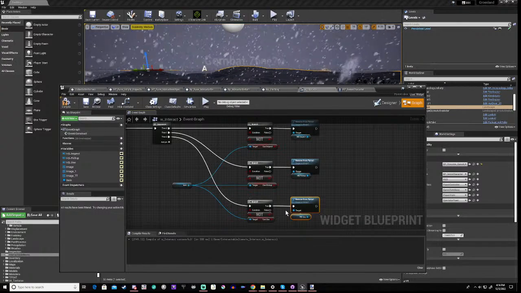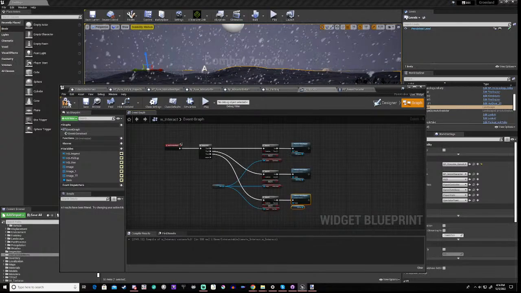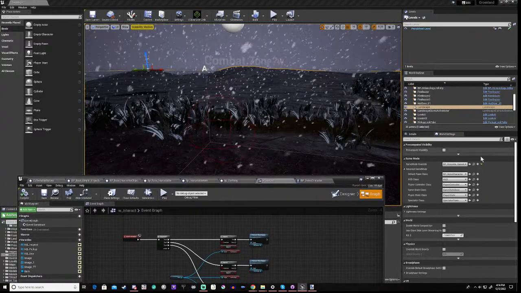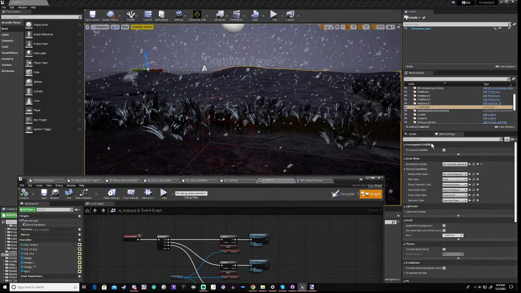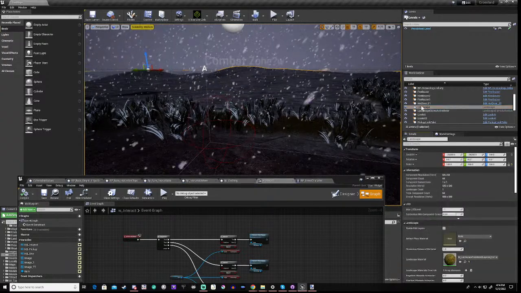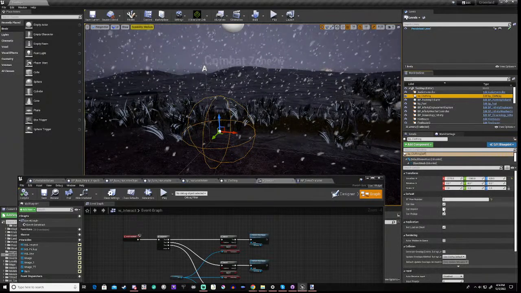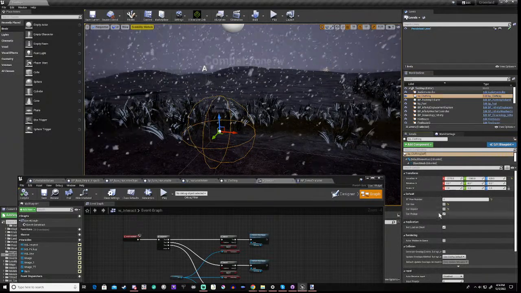Can do that, and that should be us, right? So the point here is, if we go to the details and we go to our clothing and we turn everything off,